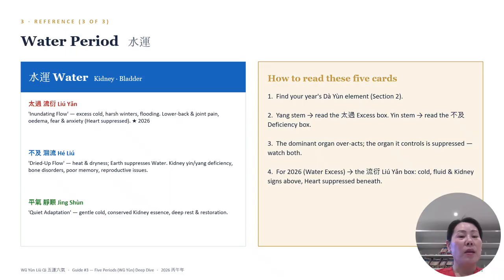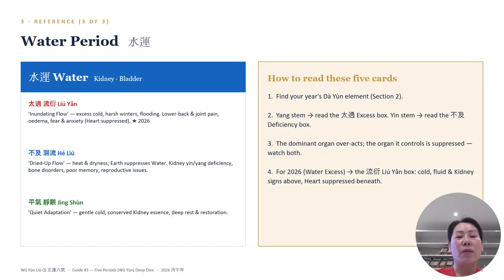The last element on the left, the water period, governing the kidney and bladder. And this is our 2026. In excess, it's Liu Yan. Inundating floods, excessive cold, harsh winters, flooding in the body, lower back and joint pain,